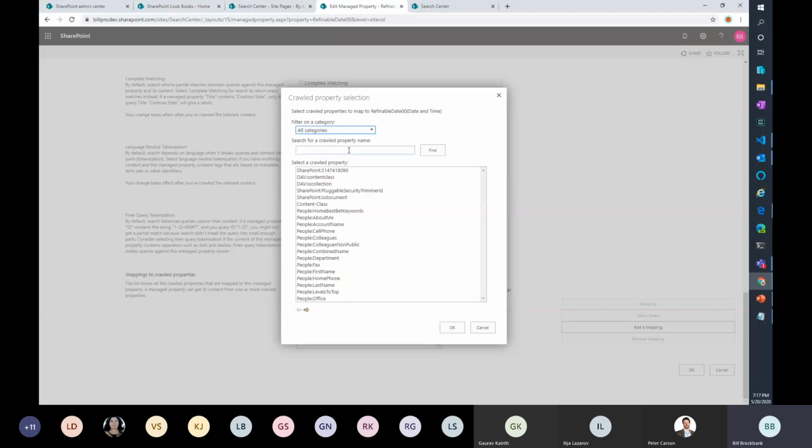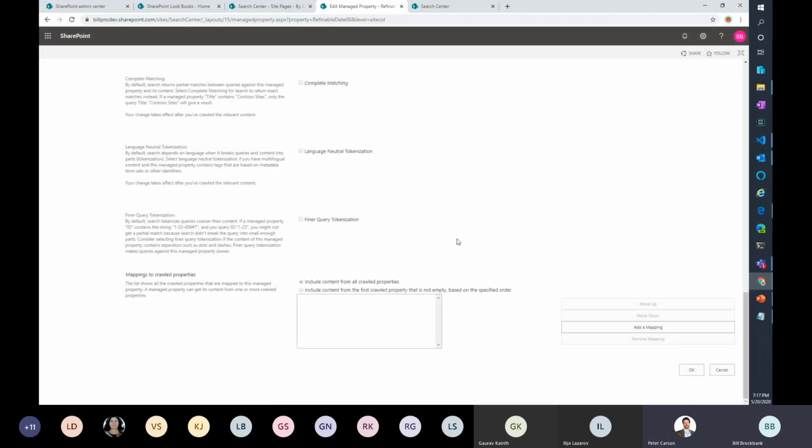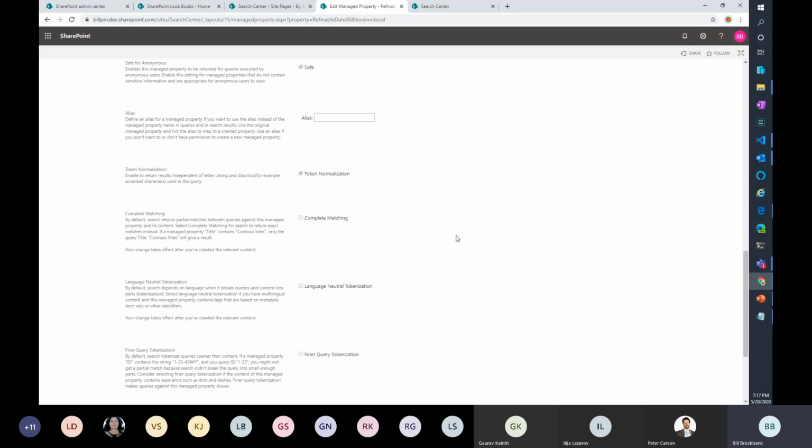These are all your mappable values. And then you can find something. I don't think there's anything to test. No, nothing under there. My HEWs are next. So I can find all my crawl properties here and be able to use them. Okay. So that's how I bring them across. Then I use the refinable and even the alias to get my setting. So this is part of setting it up properly.